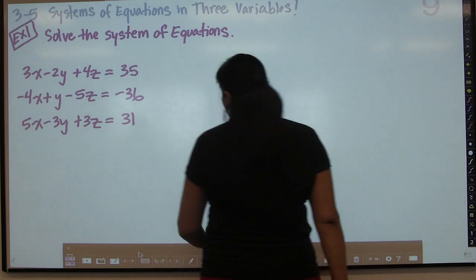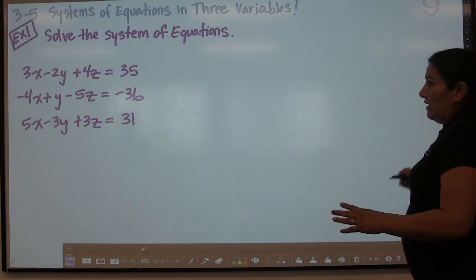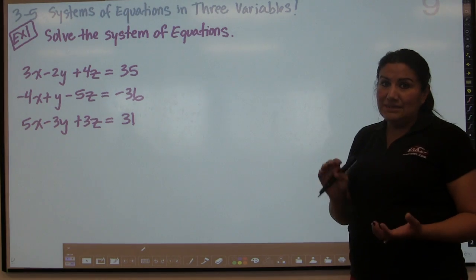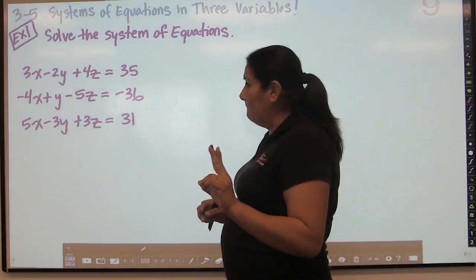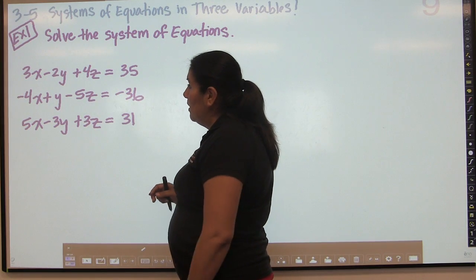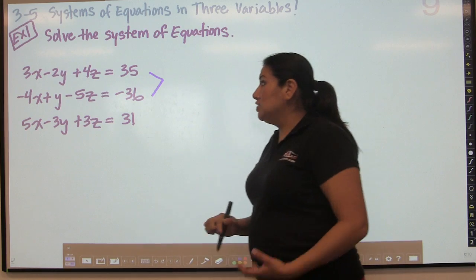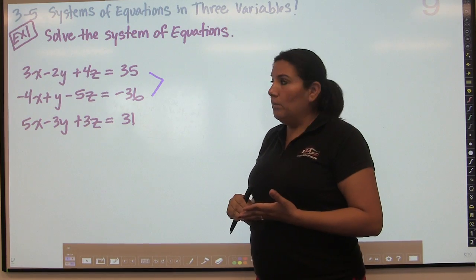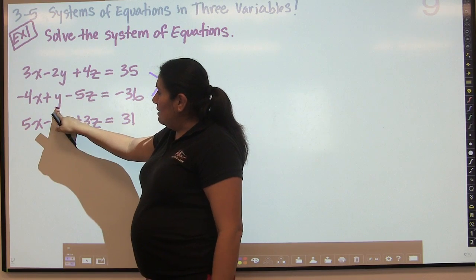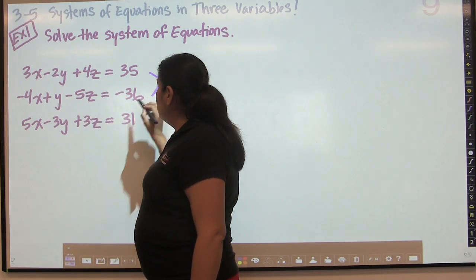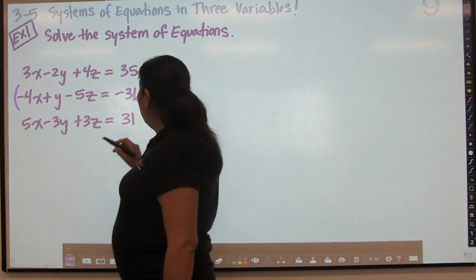All right, so how do we do this then? Basically, what we have to do is break this down into smaller systems, okay? So we're going to take 2 equations at a time. You can't work with all 3 of them at the same time. So for example, I'm going to take these 2 equations first, and then my job is to try to eliminate a variable. I'm looking at the y variable here, negative 2y and positive y. So if I were to multiply the bottom equation by a positive 2,